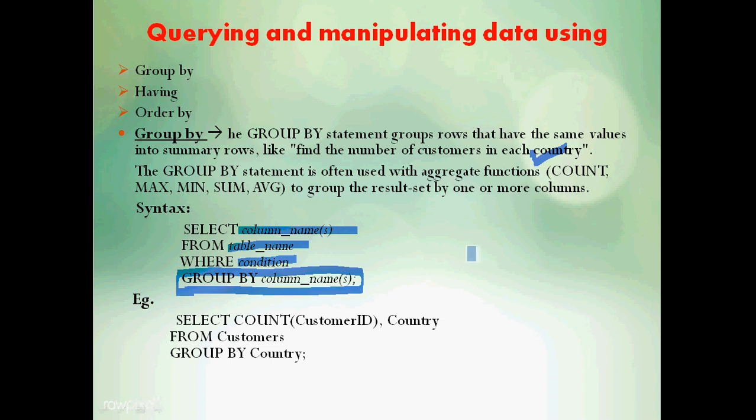In the case of class, we need the subject-wise report. For example, subject 5 is optional. Some of the students took IP, and the other set of students took some other subject. So that query will be select count of student name or roll number, anything can be inside the bracket. Select count of roll number, comma subject 5 from class group by subject 5. So this will be the query. The similar case we are talking about.